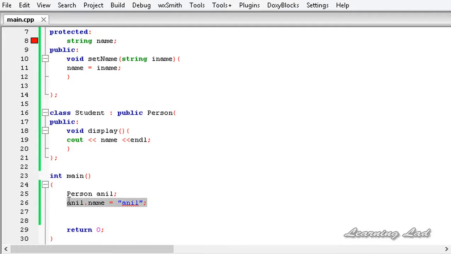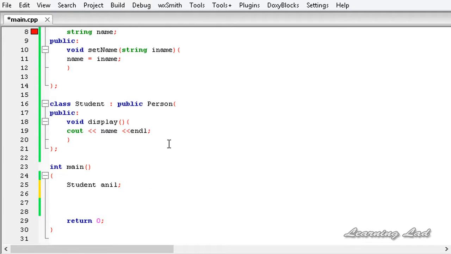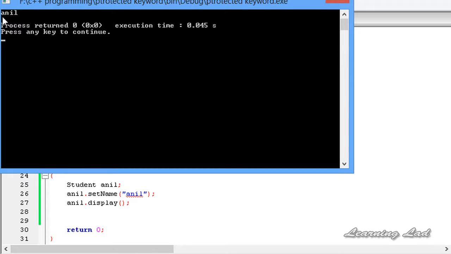Here I'm going to create an object of the Student, anil, and then I can access the public method setName. So I'm going to use anil.setName, and let's say Anil. Next, I can use display, so it's going to be anil.display, and that's it. All right, now I'm going to save this, build and run it. Now you can see, we get Anil.